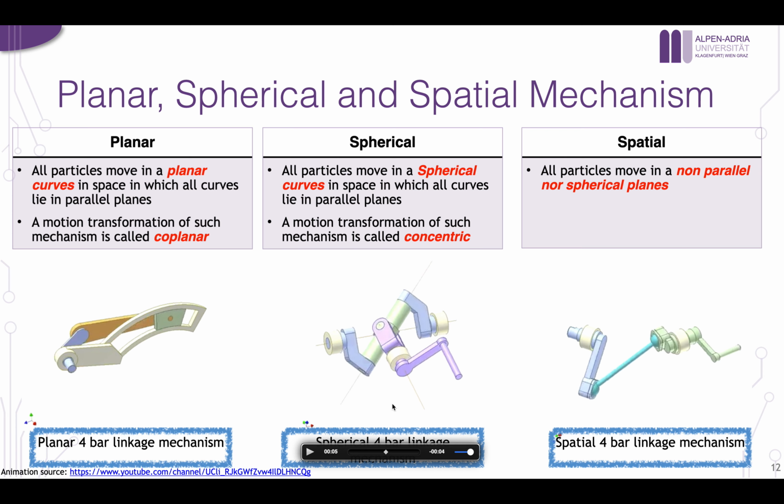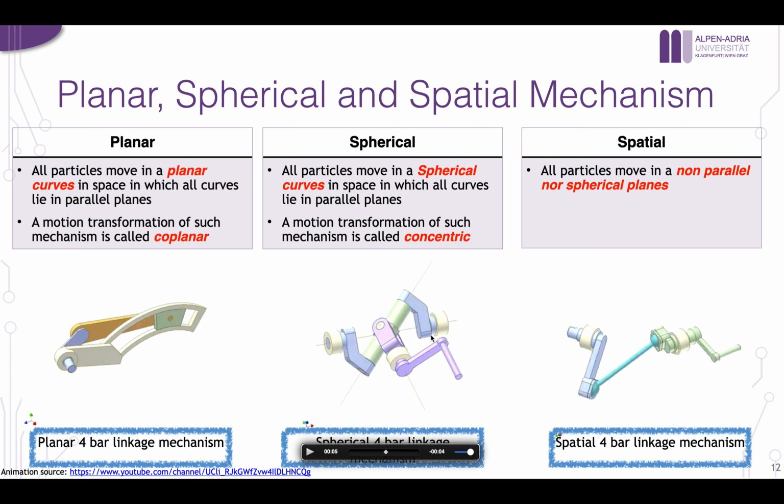They are not parallel planes, first of all, and they are spherical in a way, because if I have here 1, 2, 3, I could have, for example, one here, which also goes under spherical mechanisms, and another one could be down there,